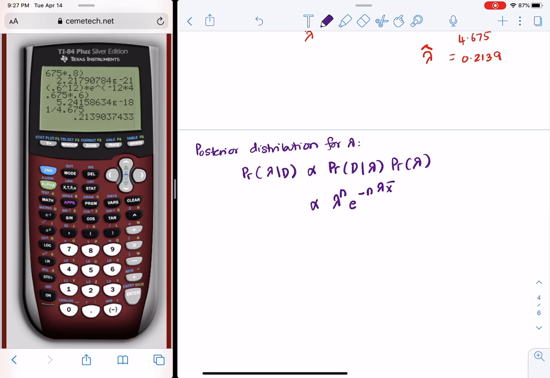Now, we want a distribution that looks like the likelihood, and we readily have a nice little distribution, which is the gamma distribution. So the conjugate prior for lambda here is